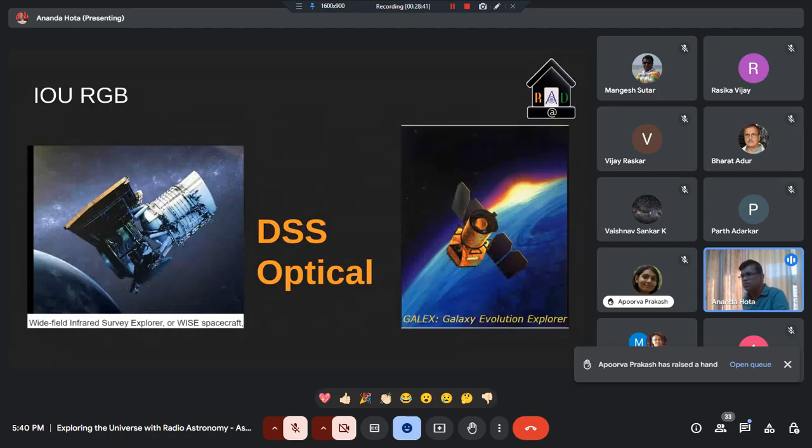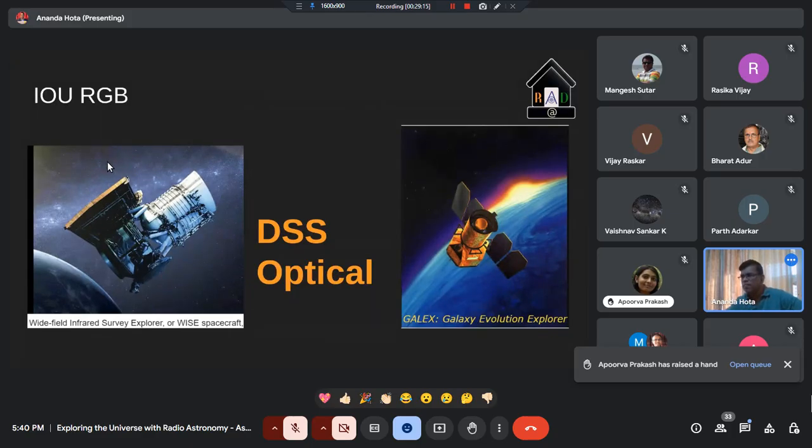Any galaxy you want to understand, we will have a combined picture, what we call an infrared, optical, UV combined image. Infrared will be in the red filter, optical will be in the green filter picture, and UV will be in the blue channel. So an RGB picture of IOU type, infrared, optical, UV, will have three telescopes' data combined.